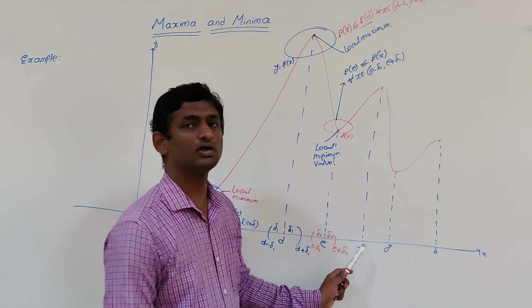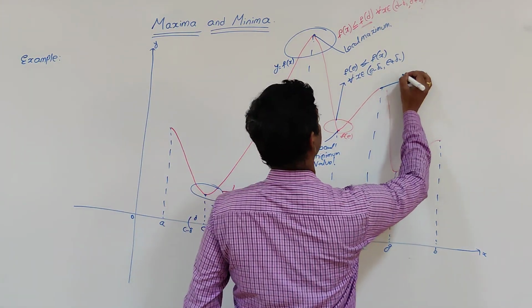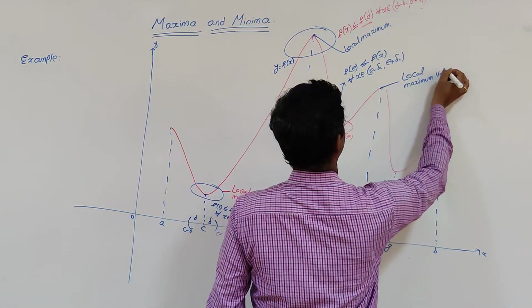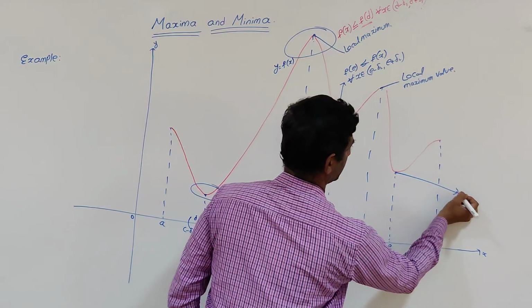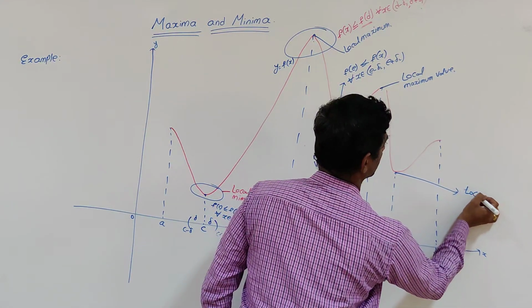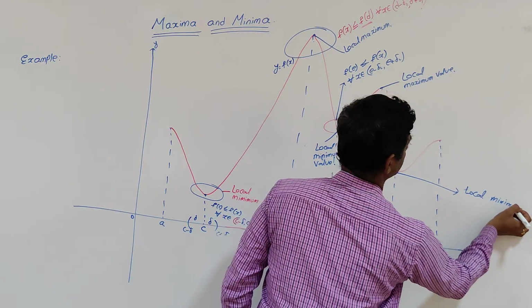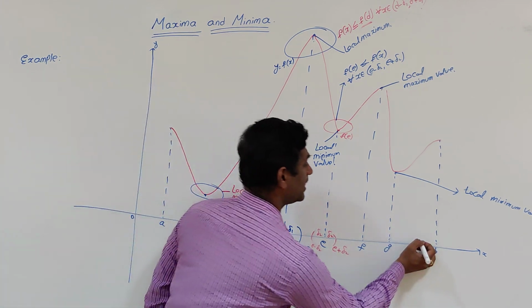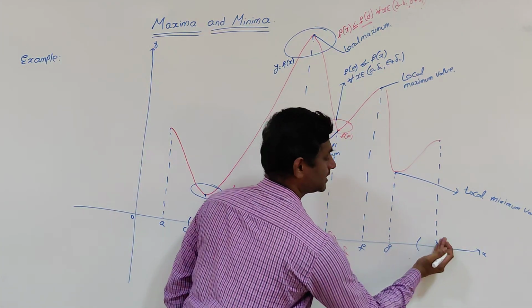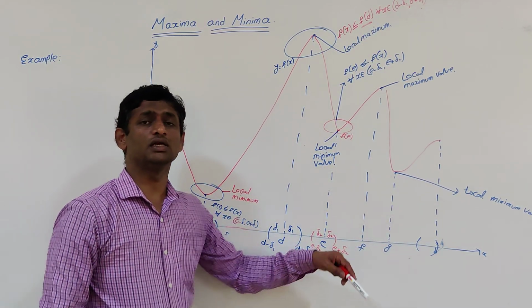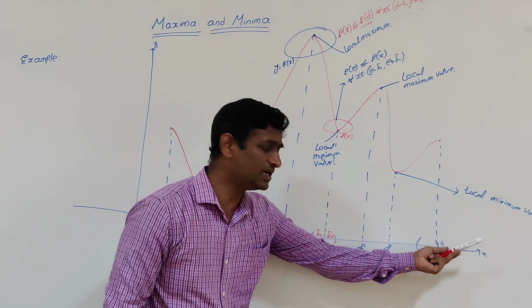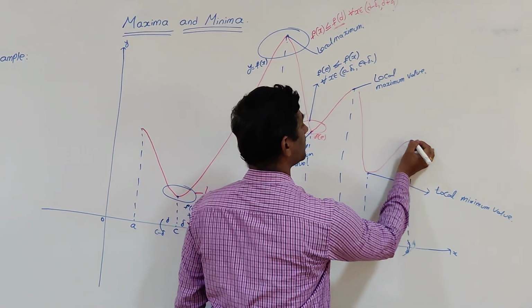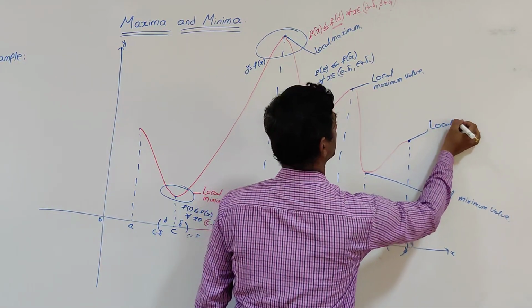Similarly, if you observe F, this will be a local maximum value, and G will be a local minimum value. And coming to B, if we take a small neighborhood of B, as B is the end point, there are no numbers on the right side of B. So if we consider a small interval, then this will be a maximum. So it will be local maximum.